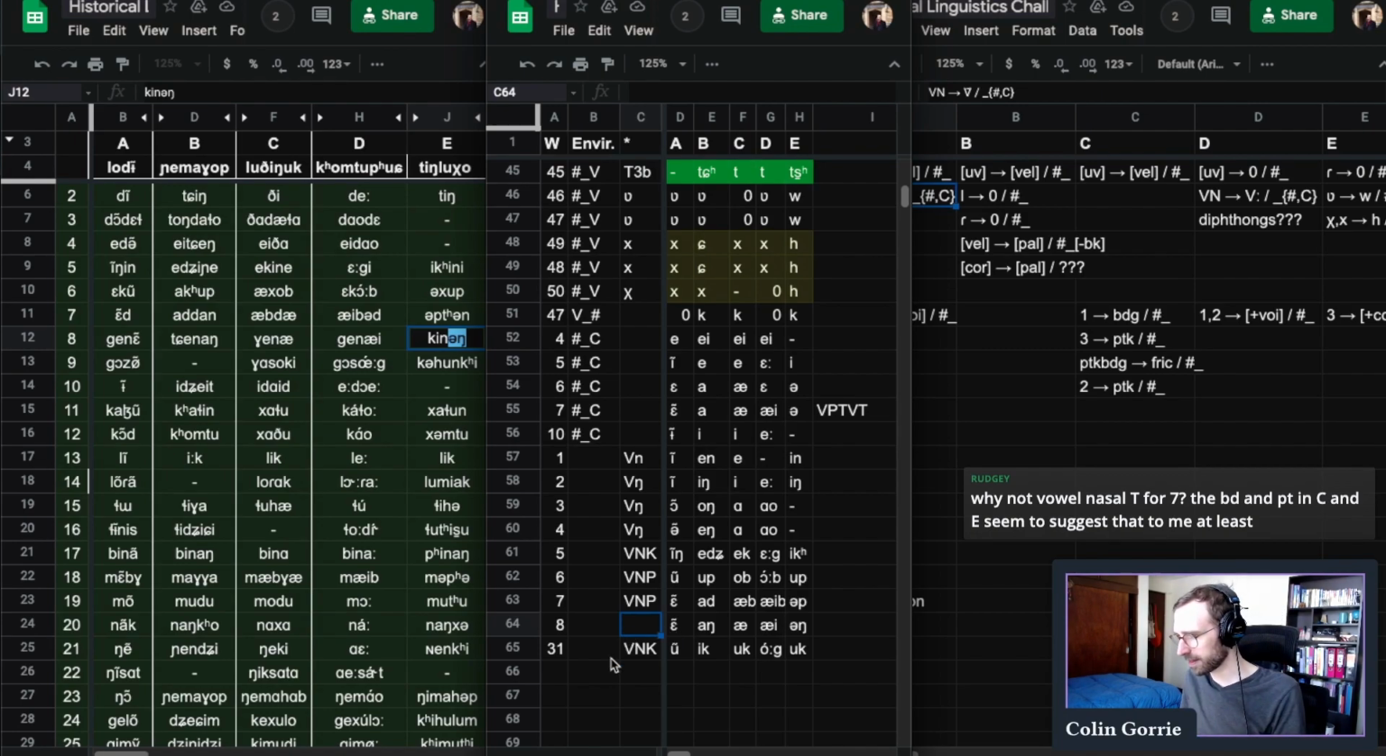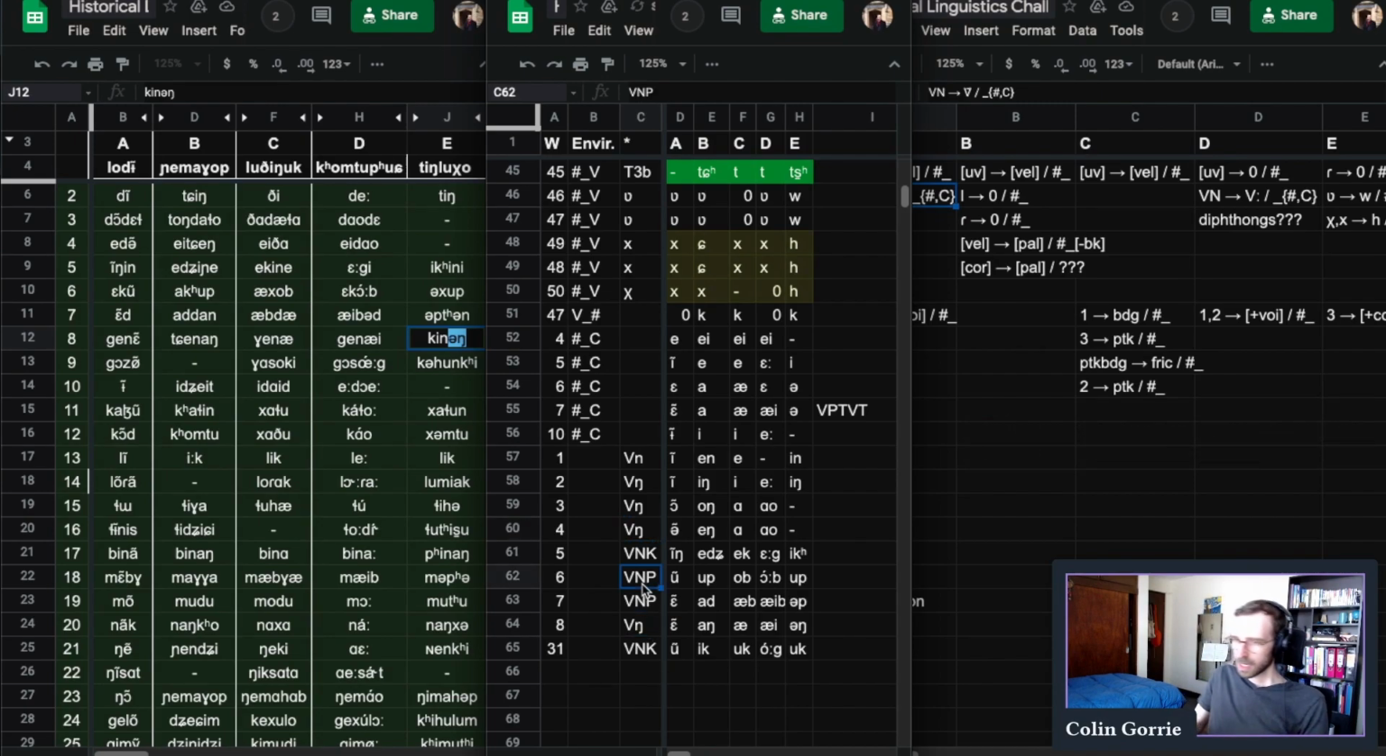So here I think we're dealing with vowel and then the velar nasal. Reggie asks, why not vowel nasal T for 7? Well, I was thinking that we might be dealing with something like